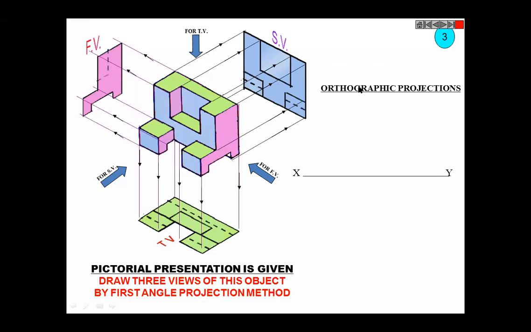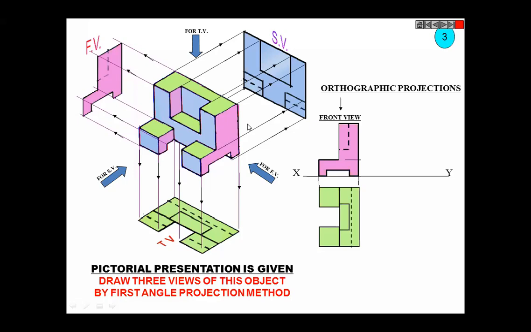I told you yesterday also that these kinds of 3D objects and their solutions are available on the internet. You can search for any simple engineering 3D object for orthographic projection. You will be provided some objects. Try to draw the views by yourself, get the solution, and match the solution. That's it. This is the way you can learn.